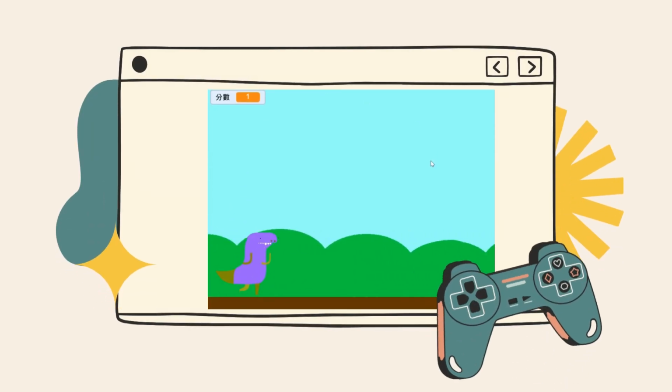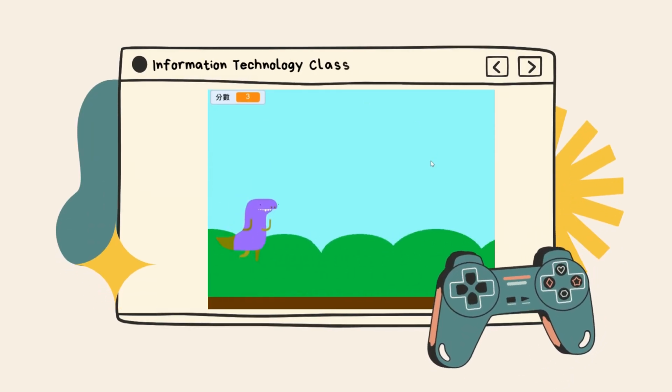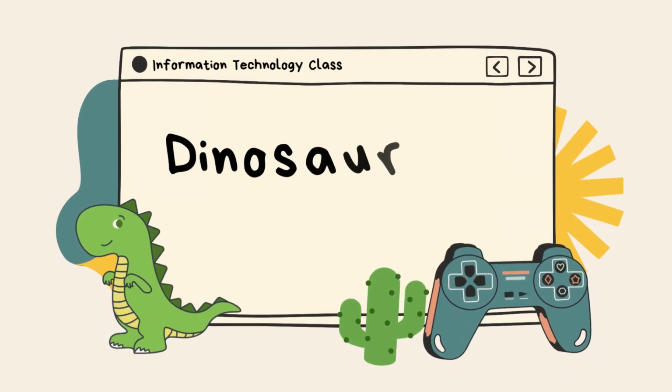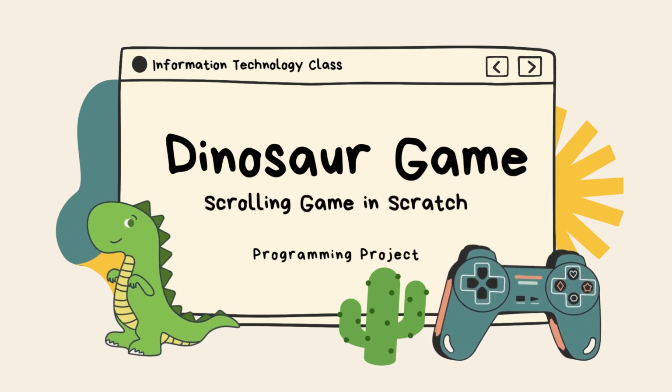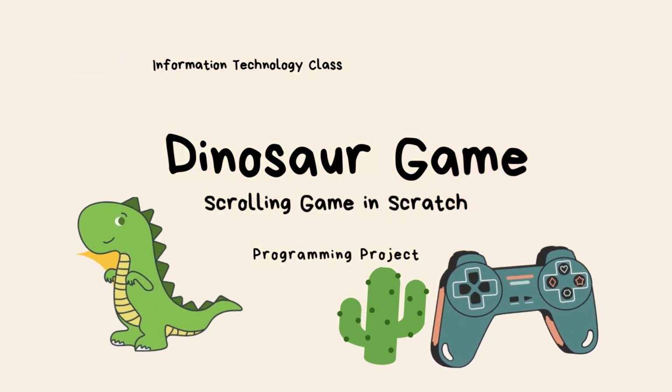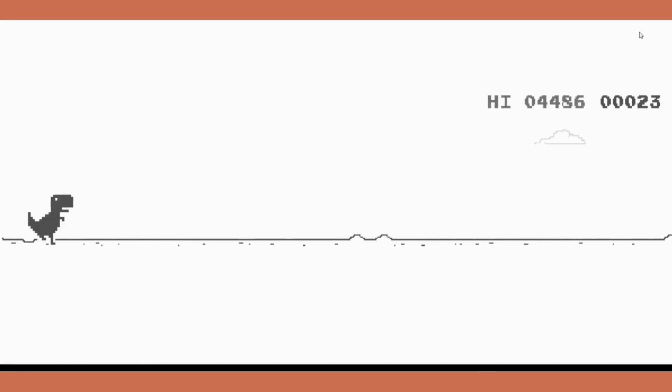Hello, everyone. Today, we're starting a fun project where you'll learn how to create your very own scrolling game in Scratch, inspired by the Chrome Dinosaur game that you might have seen when there's no internet connection. The offline Dinosaur game, also known as the Chrome Dino game, was first introduced by the Google Chrome team in